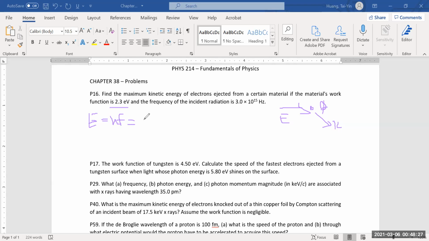For h, I will use 6.63 times 10 to the negative 34, times the frequency, which is this value. When you multiply them together, you get an energy value of about